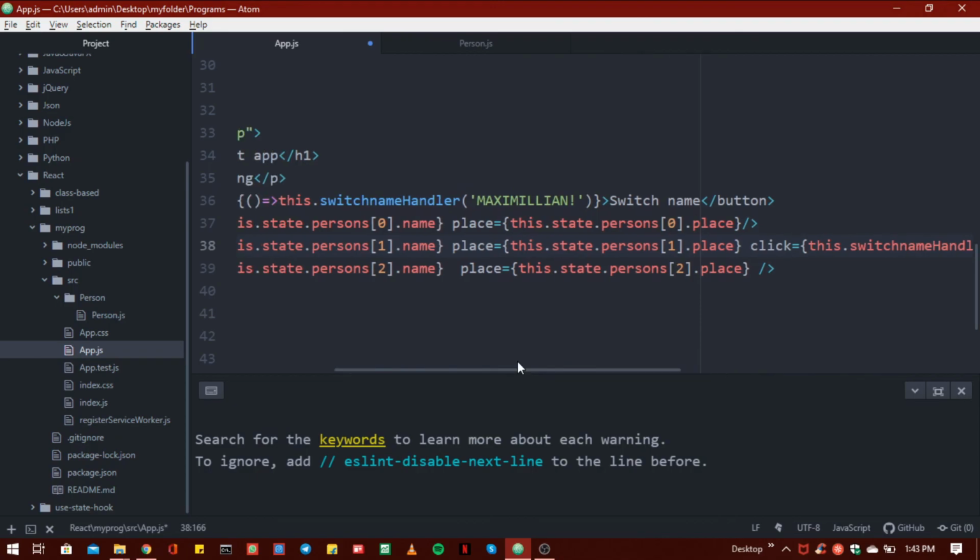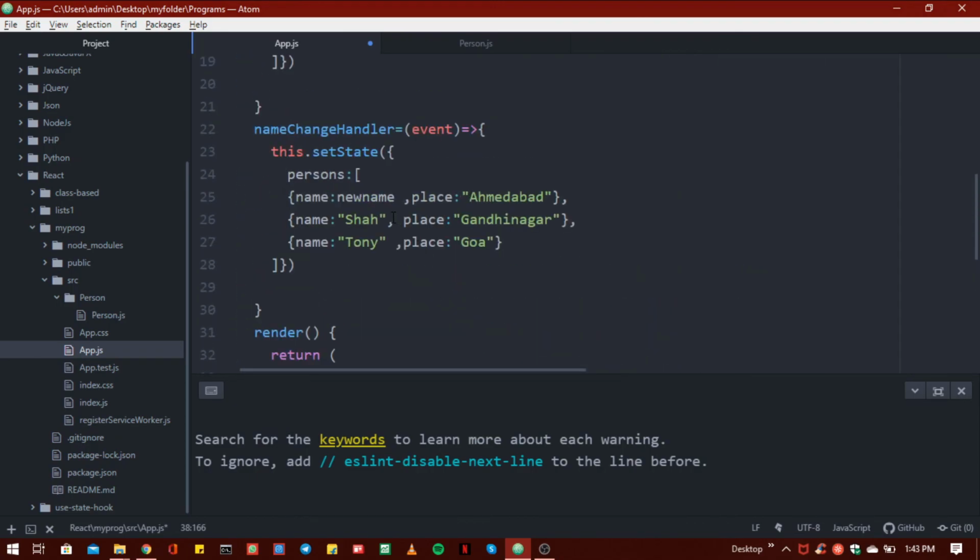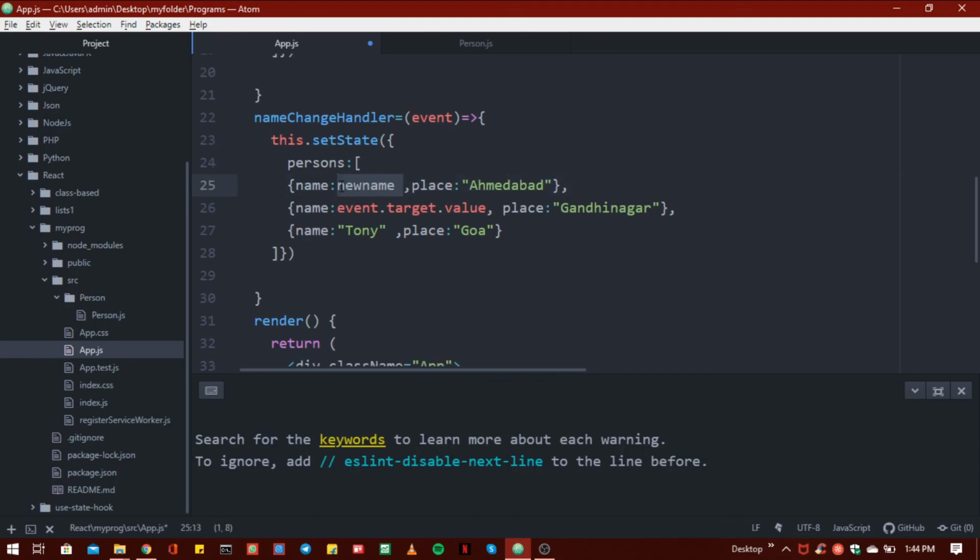And inside my name change handler, instead of this name I have to use the built-in method event dot target dot value to use that input value inside our name, and instead of new name we have to write name, like Max here.